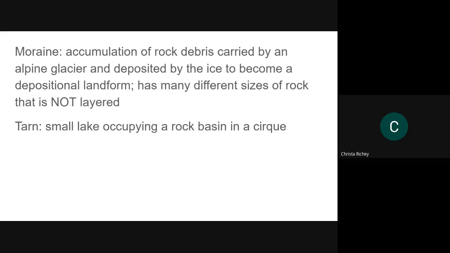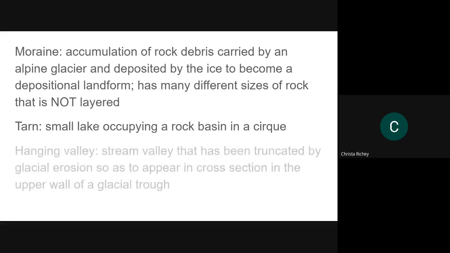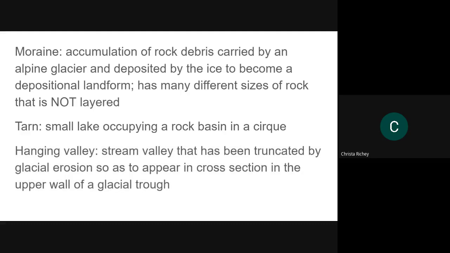Glaciers do not sort particle size like rivers do. In rivers, the larger particles are going to be at the beginning of the river, and then your silt, the finest stuff, will be at the end of the river. But glaciers don't do that. They just push everything all together in one big ugly mess. If you have a small lake where the glacier originated from, it is called a pond.